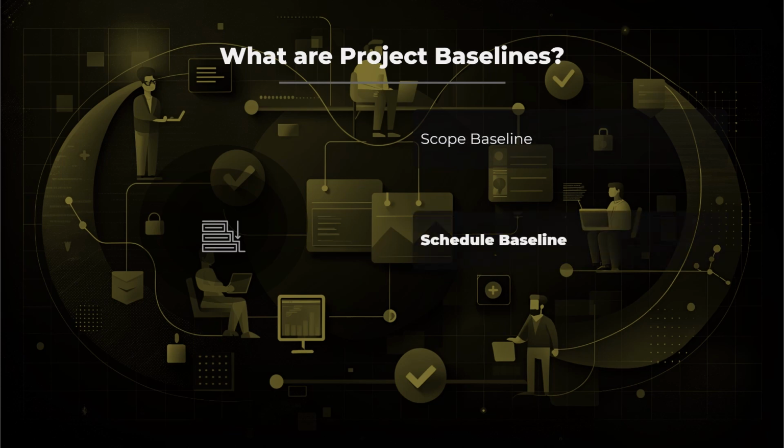Schedule baseline. The schedule baseline consists of the project schedule, which outlines the sequence of activities, their durations, and their dependencies. It also includes any milestones or deadlines that need to be met. The schedule baseline provides a roadmap for the project team to follow and helps them track progress against the planned